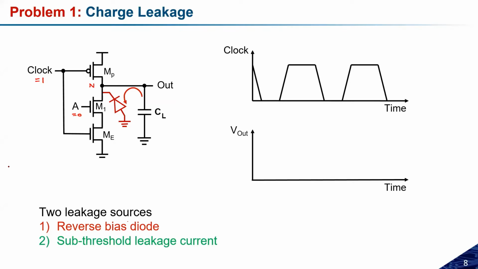I'm just giving the briefing. Subthreshold current is like, if any device is in the off state and there is some current flowing through that same device, then we call that current the subthreshold leakage current. So because M1 is in the off state, but due to the subthreshold current, there may be some current flow between node N and the ground, and that we call the subthreshold leakage current.